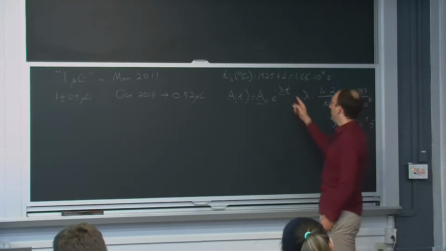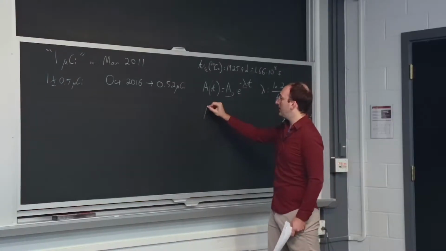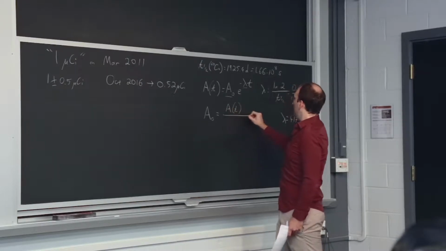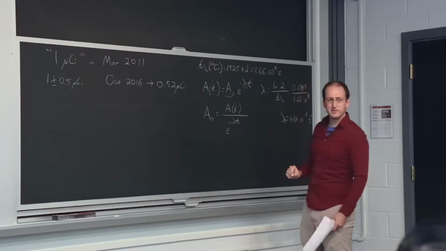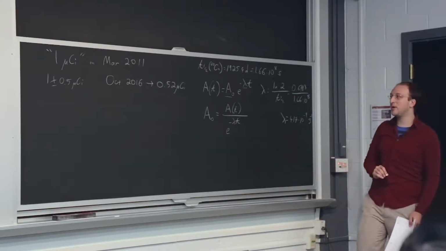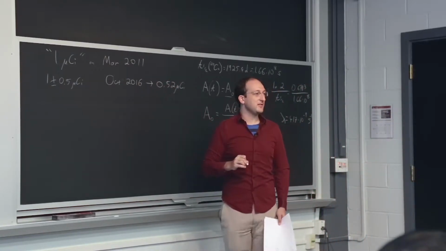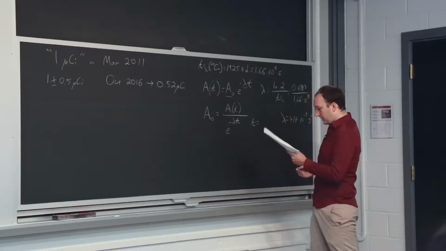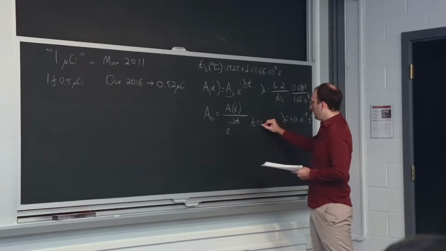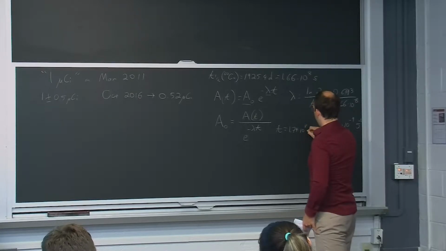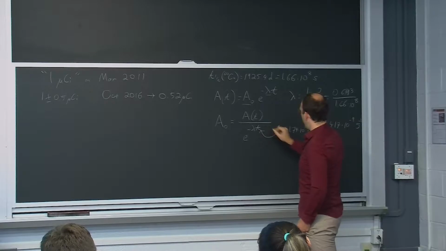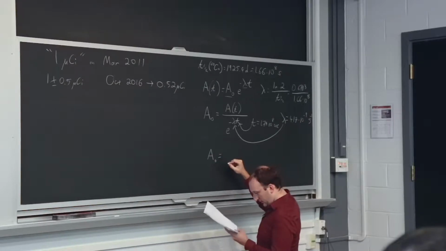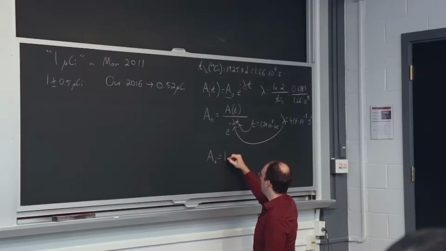And so now it's pretty easy. We know what lambda is. We know what our current A is. So we can say that our original activity is simply our current activity divided by e to the minus lambda t. What's t? Well, I made an approximation here. It's been about 5 years and 7 months. I assumed that a month has 30 days on average, which comes out to t equals 1.74 times 10 to the 8th seconds. So we plug in that t and that lambda, and we get our initial activity. What did I get? 1.07